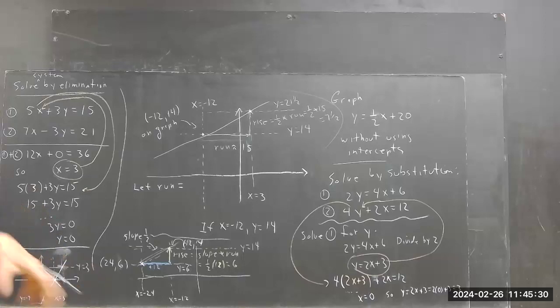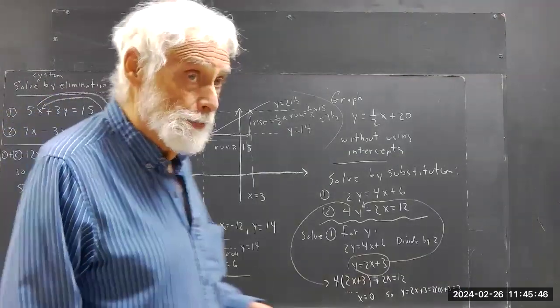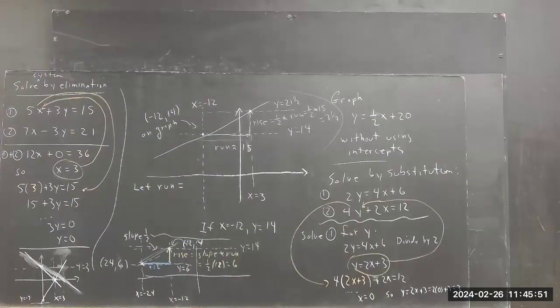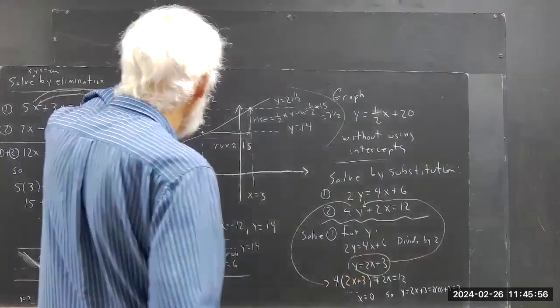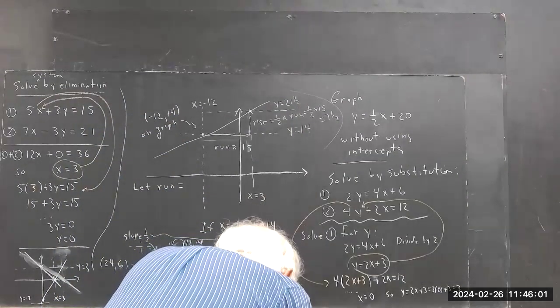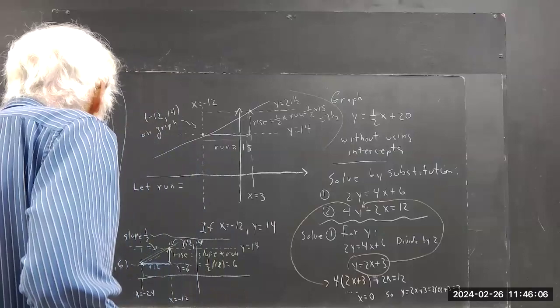Solve it by elimination. Plug the numbers in, check it, graph it, see if that works, or even solve by substitution. Okay, solve it 3 or 4 separate different ways. We get the same thing, then we're pretty sure we got it right. Okay, well, that was fairly straightforward, and nobody had any trouble with it, which is great. Let's look at one that